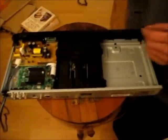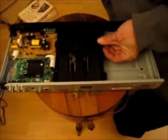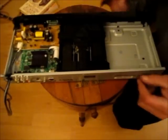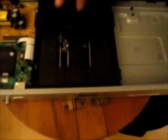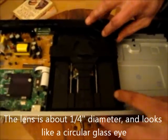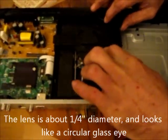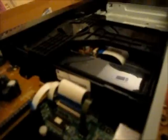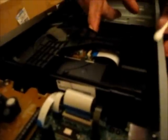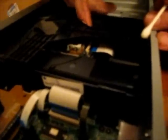Now with the top cover removed, we can see the disk drive. However, the lens that we need to clean is underneath this plastic. To get to the lens, I'll just slide out the laser reader mechanism so I can get to it a little bit easier, and I'll use a Q-tip with some alcohol